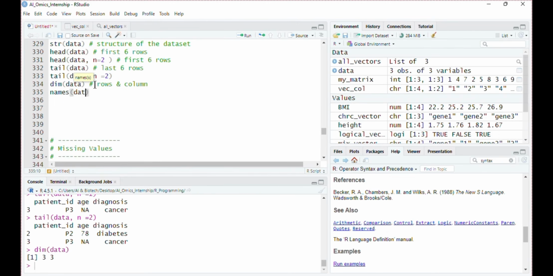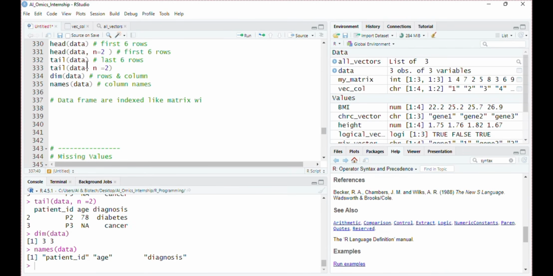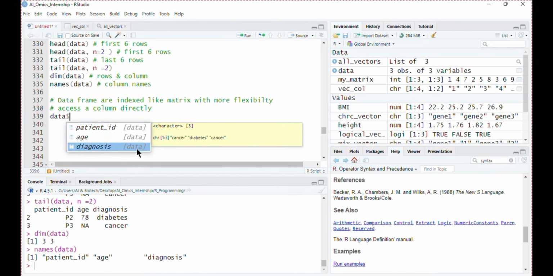Similar to a matrix, data frames are indexed like a matrix, but with a little more flexibility. Like you can access a column directly by using the selector, this dollar symbol.